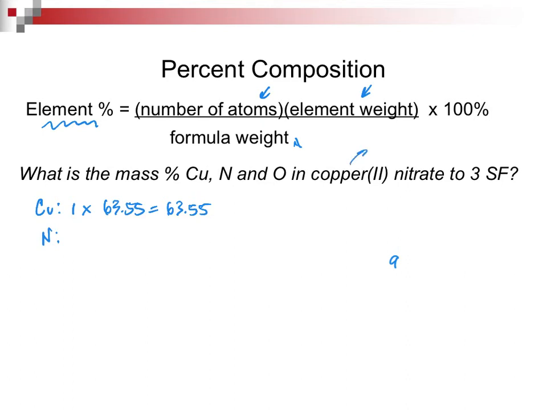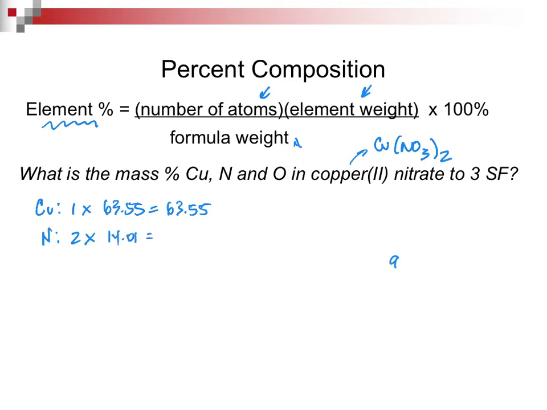What is the formula of copper nitrate? What if they give it to you that way? You have to say copper nitrate is Cu(NO3)2. Copper is 2 plus charge, nitrate is minus 1 charge. You need to be able to write the ionic formula. Oh, skip that. Nitrogen, 2 times